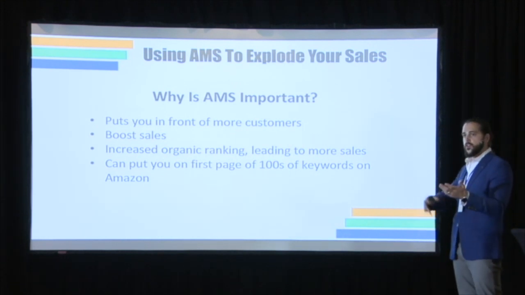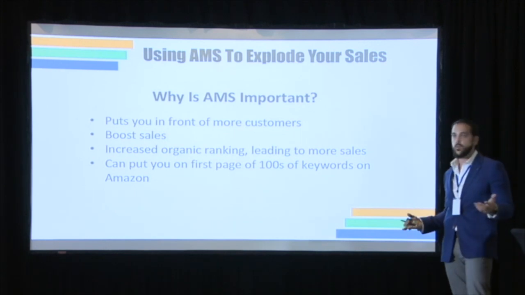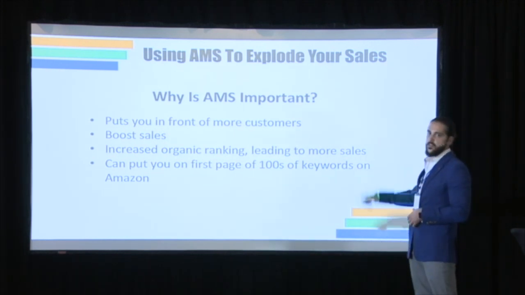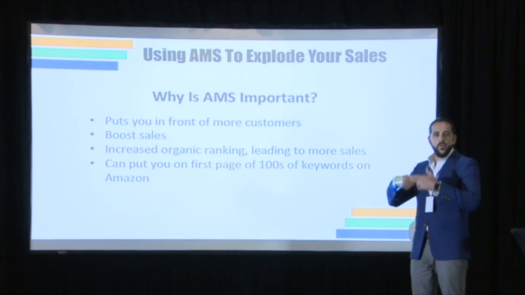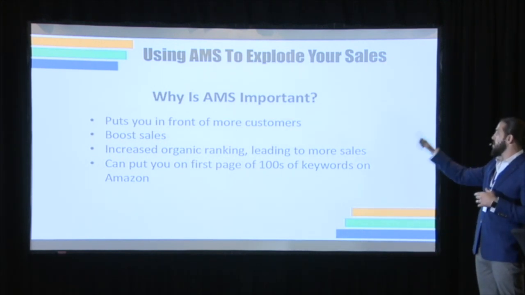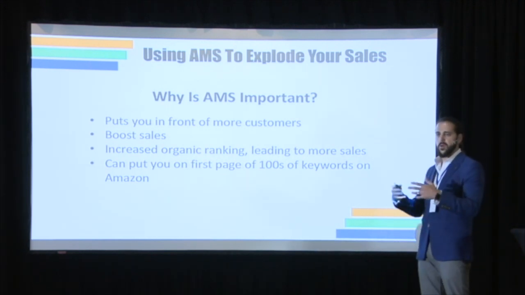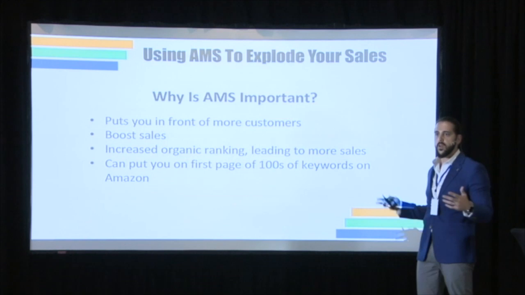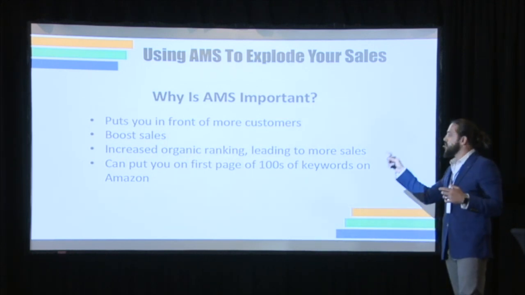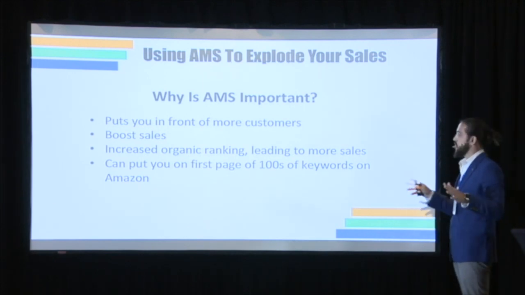So by increasing sales through AMS, your book's organically going to rank better on the first page of whichever keywords you're targeting, which then leads to more sales. So it's a beautiful feedback loop. And then one of the best parts is that generally when you publish a book, you've got very specific keywords in mind, usually 1 or 2. Sometimes you can rank for 3. AMS puts you in front of hundreds, okay, on the first page. Again, if you do it right.